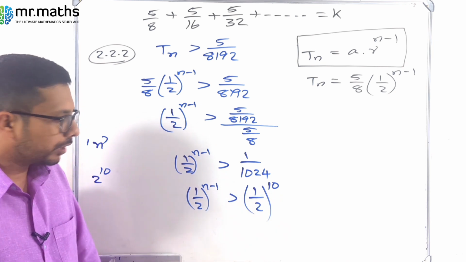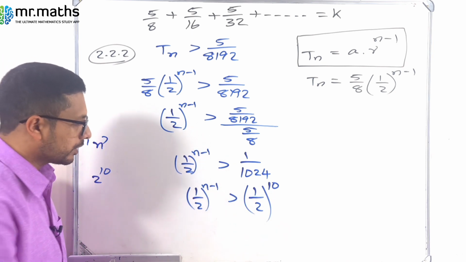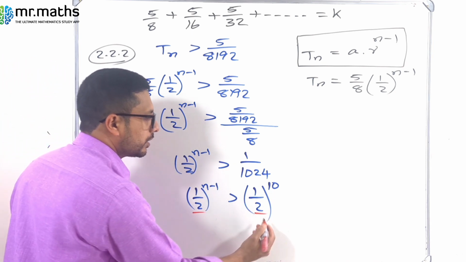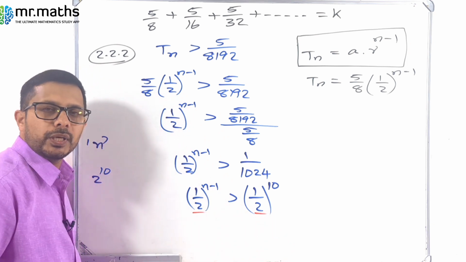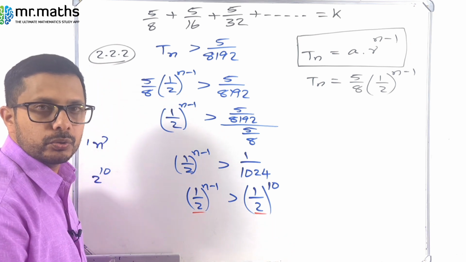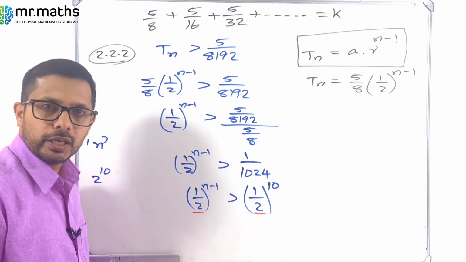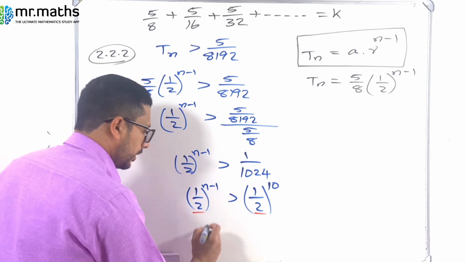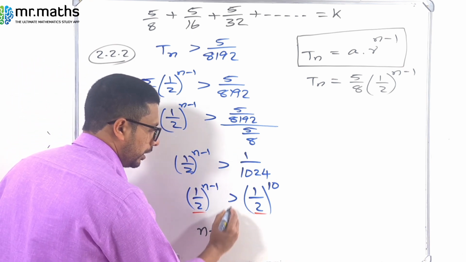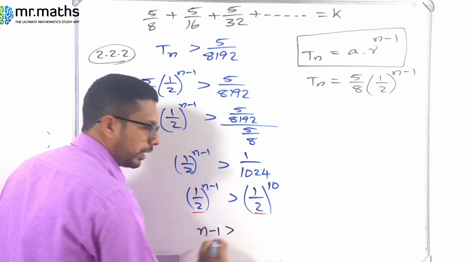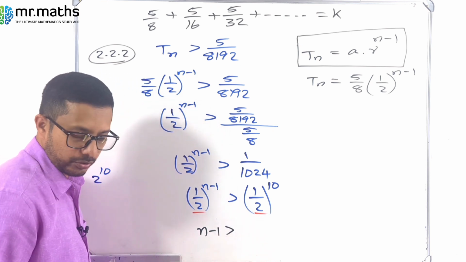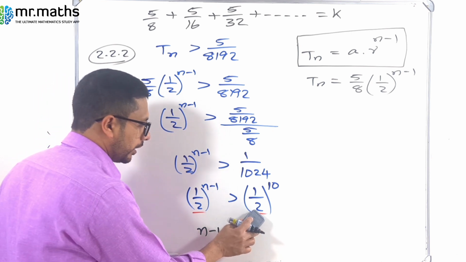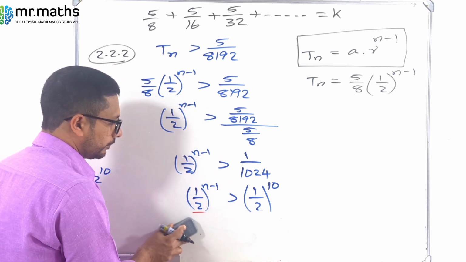Okay, so now look at this one. Here the base is 1 over 2. Here the base is 1 over 2. Both the bases are the same. So what can we do? We can equate the exponents. Am I right? So what are the exponents here? N minus 1 is, what is the symbol here? Greater than. Oh, sorry. Let's do one thing, guys. In this question,